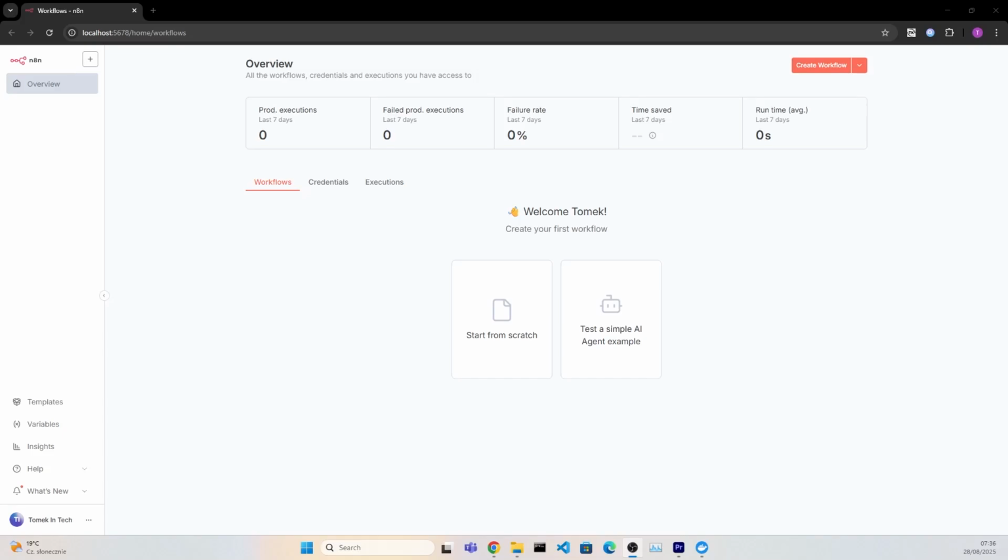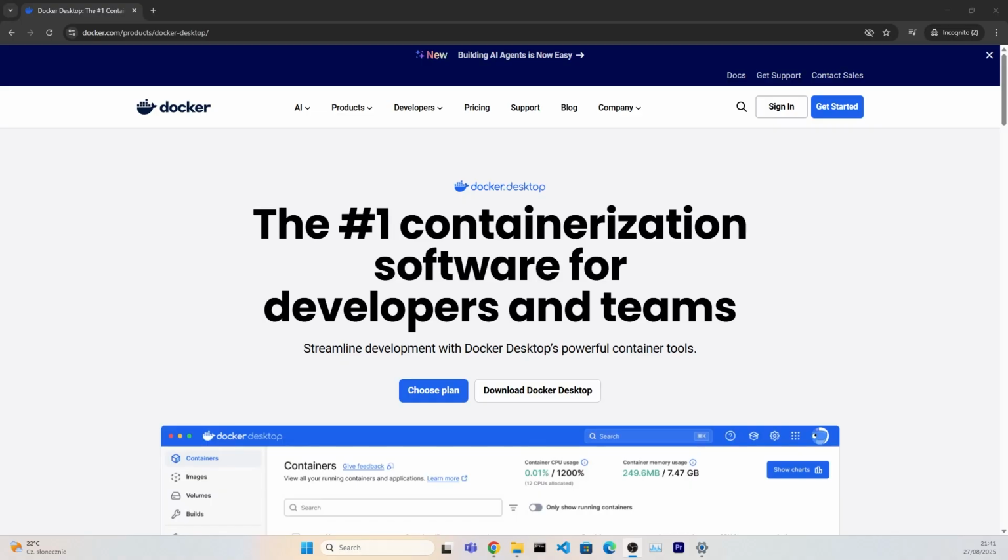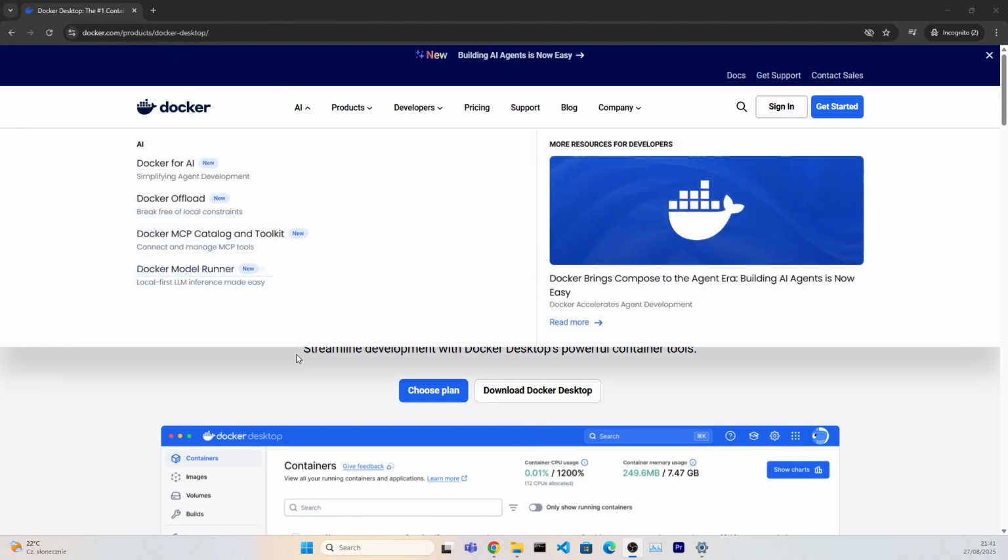Hello everyone, today I will show you how to install n8n, which is the best AI automation software right now, completely for free on your computer. First thing you will need is Docker Desktop, so just Google Docker Desktop or go to docker.com/product search Docker Desktop